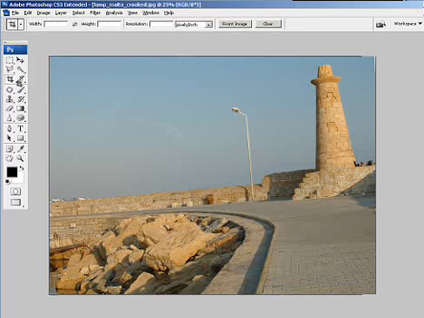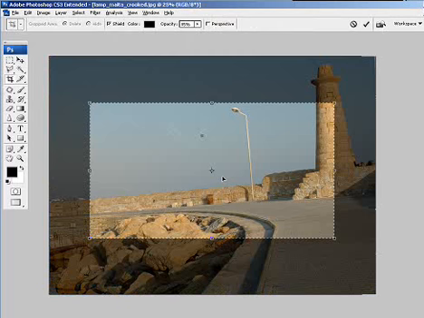The crop tool, incidentally, doesn't have a black arrow at the bottom of it. It's a single tool. And in the options bar you've got width, height, resolution, etc. However, if I drag out a crop box, and for straightening the picture the initial size and shape of it doesn't really matter, after I've dragged out a crop box you get these options here which change the difference between